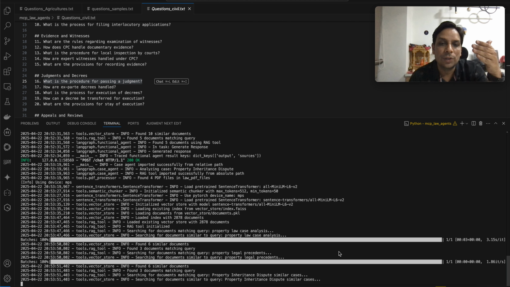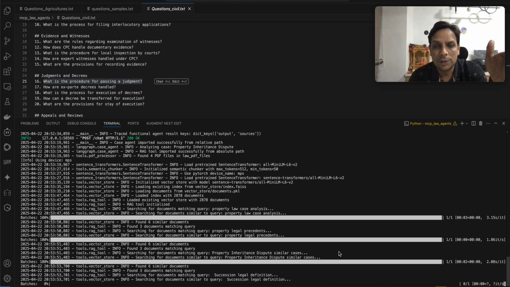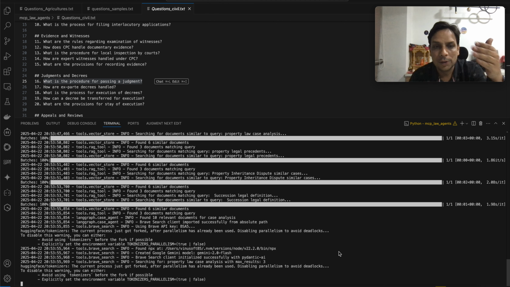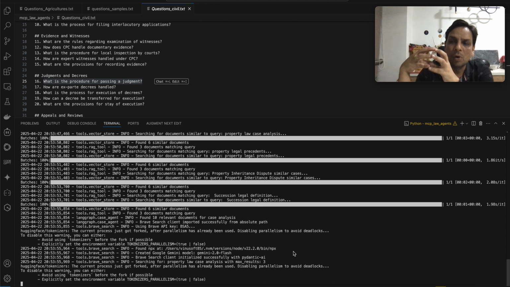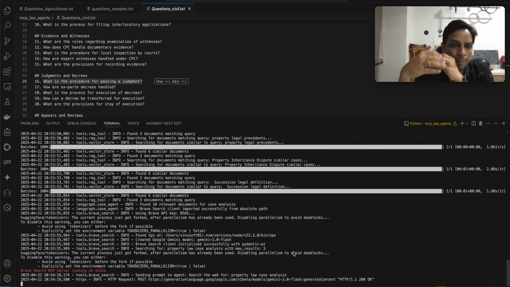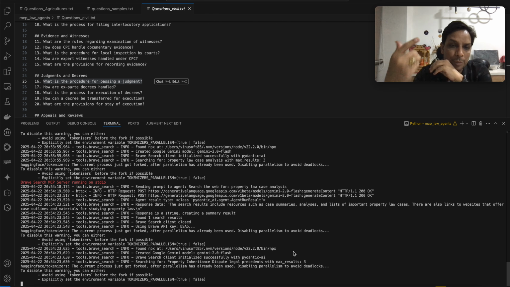It will fetch all the related detail, and this process is quite fast, and accordingly then it will go for the online search also for the same, and go for the law case analysis for the search results it gets from the Brave search. But obviously the Brave search I'm using has a limitation of calls, how many calls are free. Based on that it will run, but this MCP will run automatically for the Brave search, and then